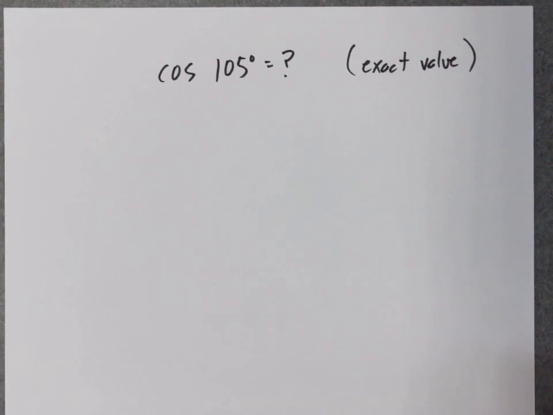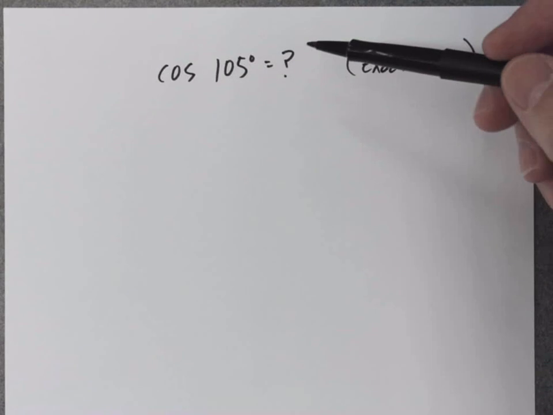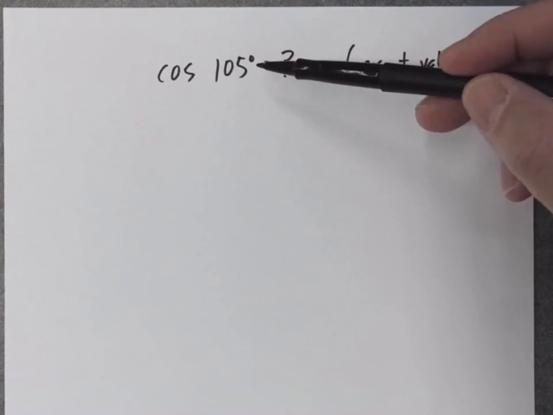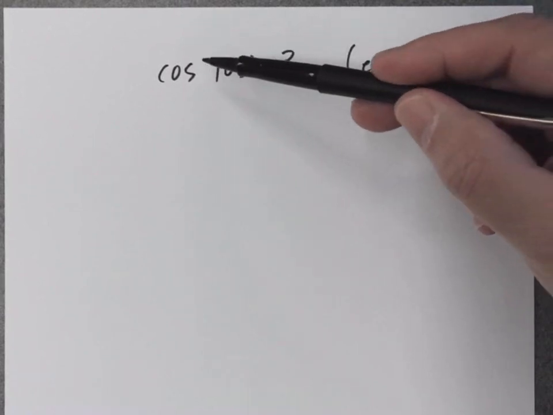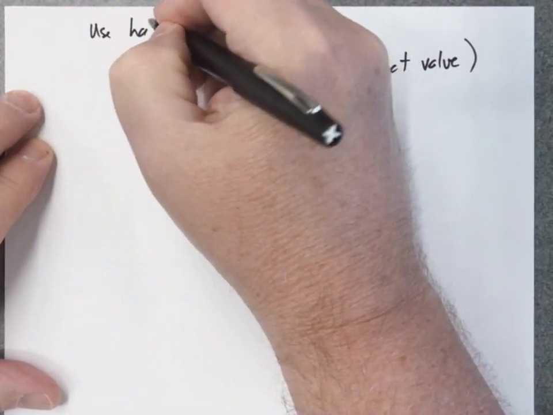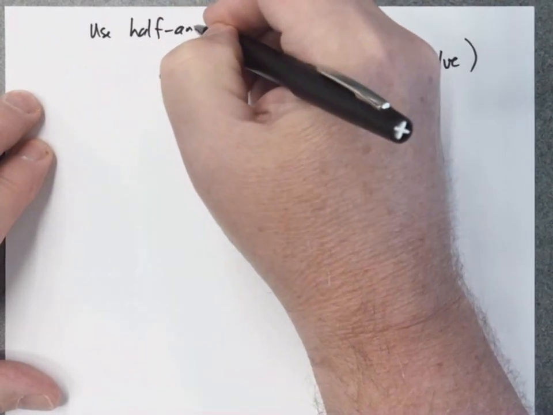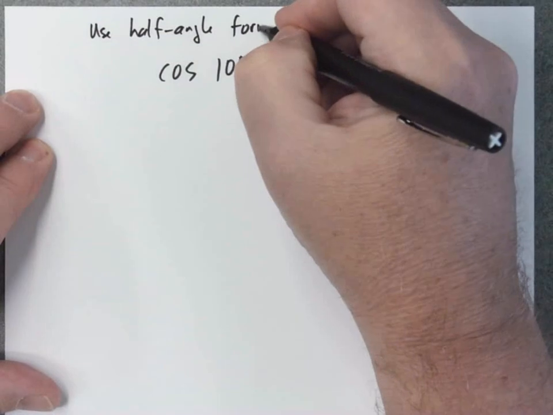They want to know the cosine of 105 degrees, and they want to know the exact value. Now, in the instructions for this problem, they actually will tell you, use the half angle formula and determine this. So you're not left to guess what they're looking for. Use the half angle formula